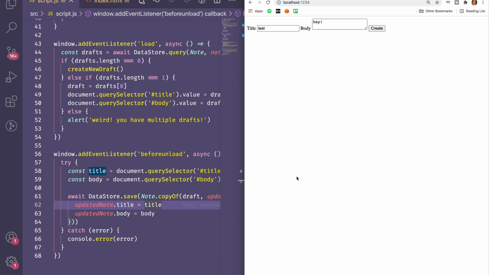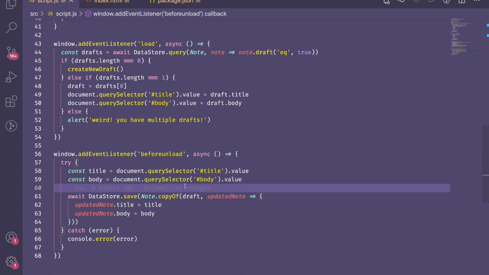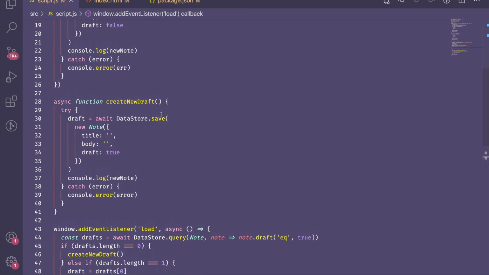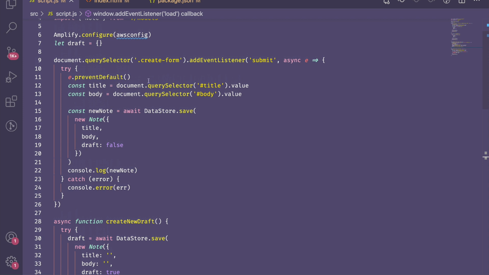Now the last thing that I need to do is when I submit the form, so when I create, it actually saves this note to the database as not a draft anymore. So we don't want it to be a draft anymore. We want to create a new empty draft. We will go back and update this create form submit here. We will change this right here